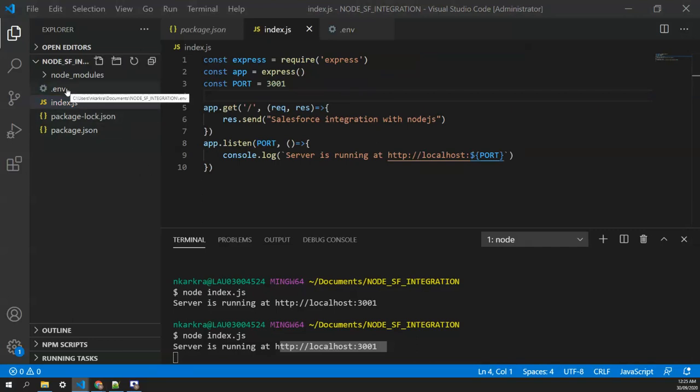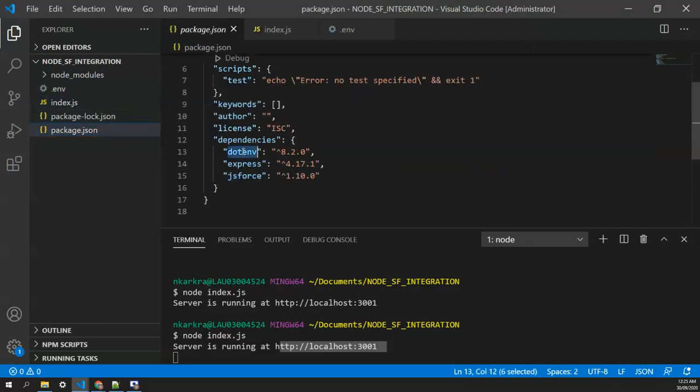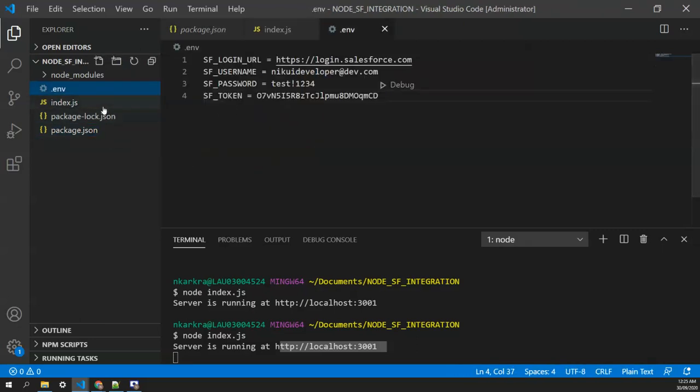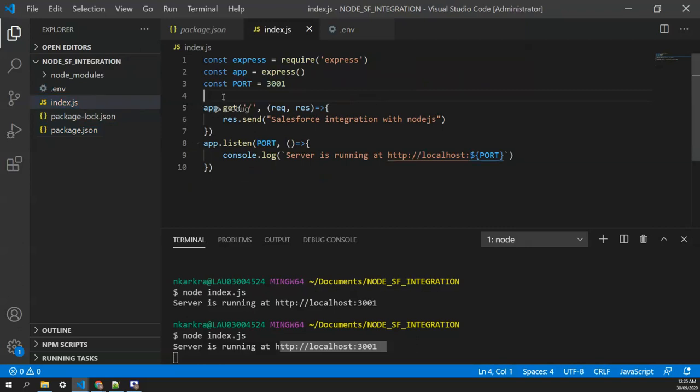So we are storing the data in the .env file, and to fetch these details into our index.js, we need another package that we have installed, that is dotenv. So we'll go to our index.js and we'll first bring these details. I already created Salesforce login URL, username, password, and Salesforce token, and you can access them using process.env.